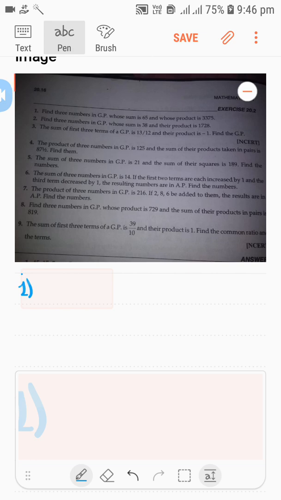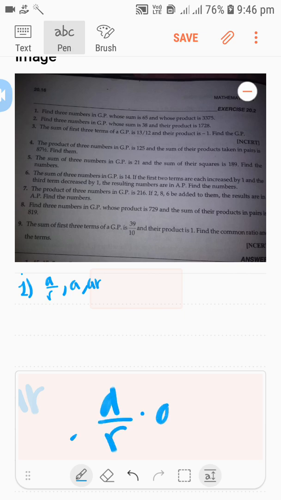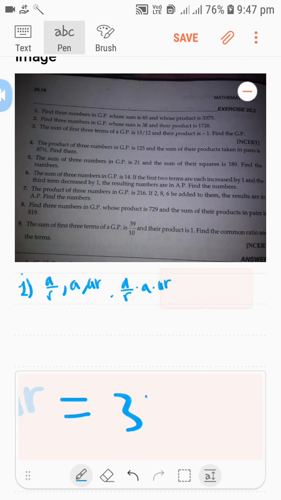So let's start. The first question is: find three numbers in GP whose sum is 65 and whose product is 3375. Suppose we take three numbers, say A upon R, A and AR. Then using the fact that their product is 3375, we can say that A upon R into A into AR would be equal to 3375,